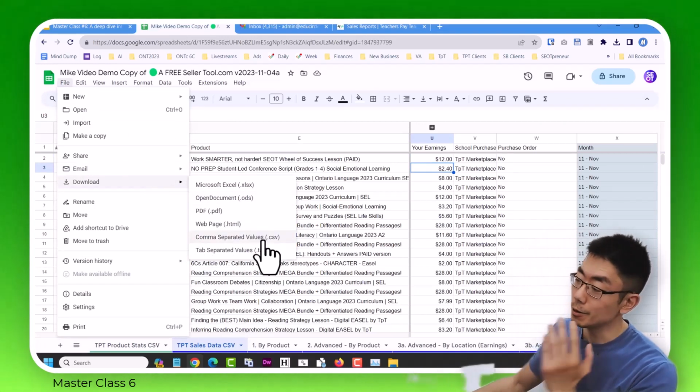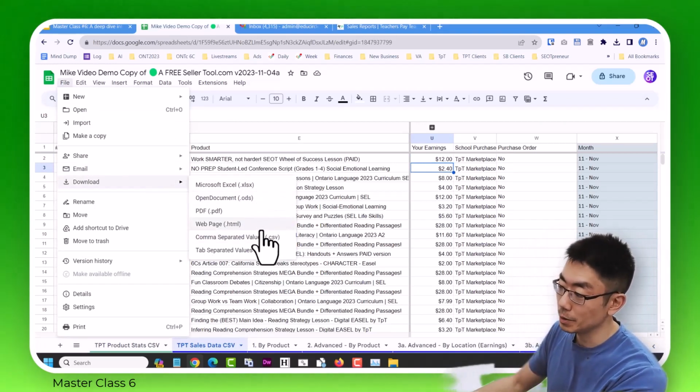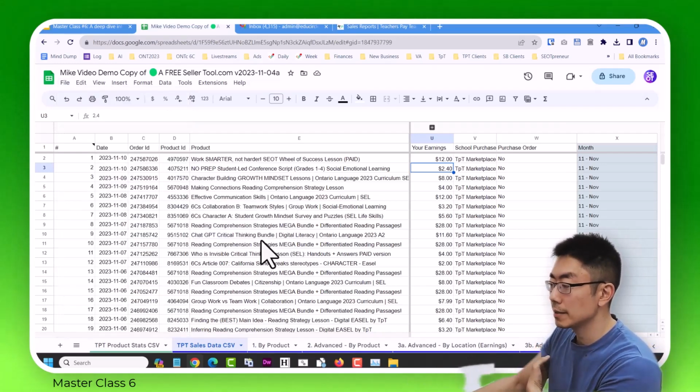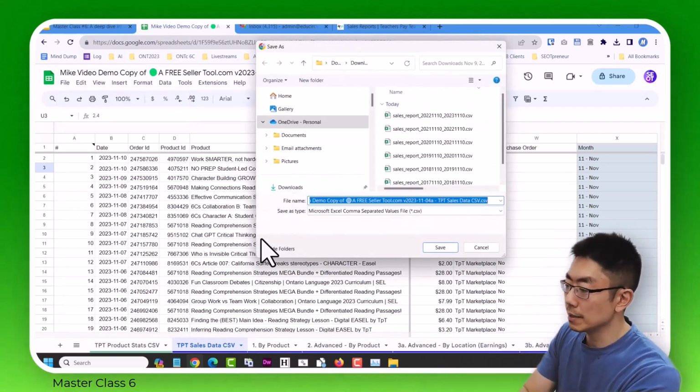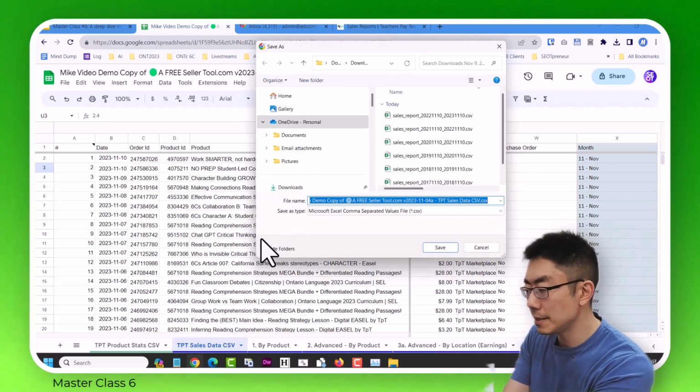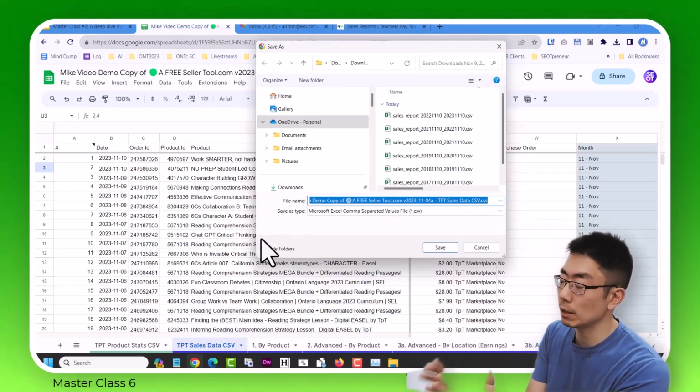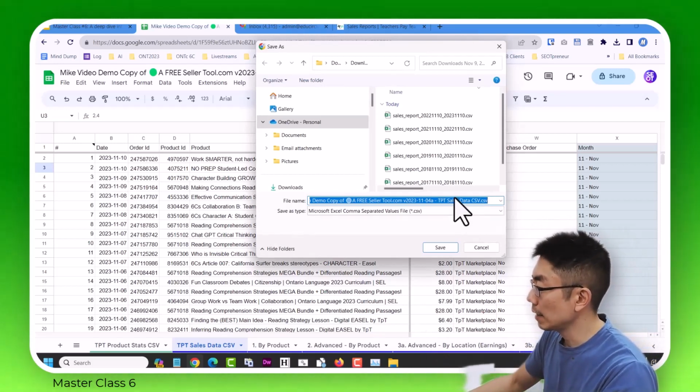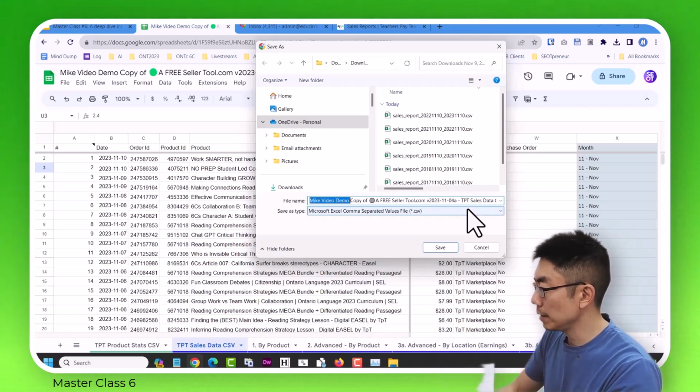By the way, if you use Excel and you'd rather use Excel, you can download it as Excel, but I'm going to download this as a CSV file. So it's going to download, you have to be in that TPT Sales Data CSV. It can only download one CSV, right? And I'm going to call this Sales Data